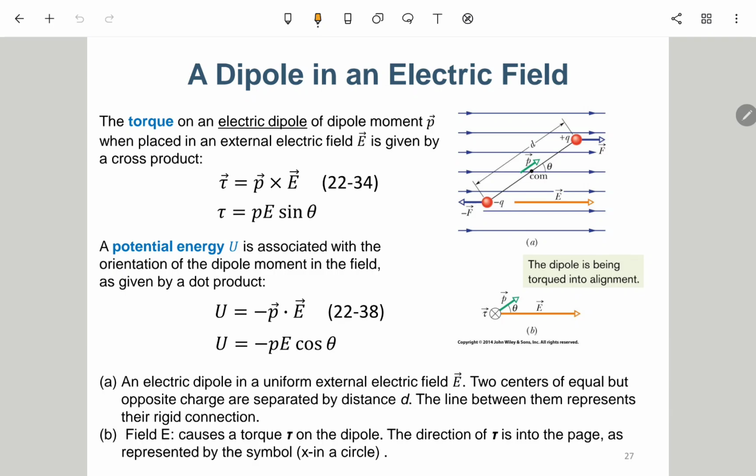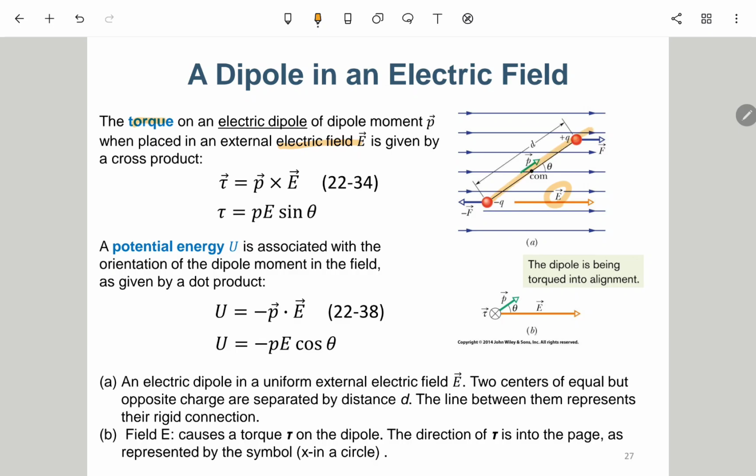And finally, in this chapter, we will talk about the dipole. Putting a dipole in an electric field, what will happen? The quick answer is there will be a torque on the electric dipole of dipole moment P when placed in an external E field, given by a cross product. We assume the E field is uniform, uniform in magnitude and pointing in the same direction. Inside the whole space there is a uniform E field, and in this figure it's pointing to the right side, and then we try to put a dipole